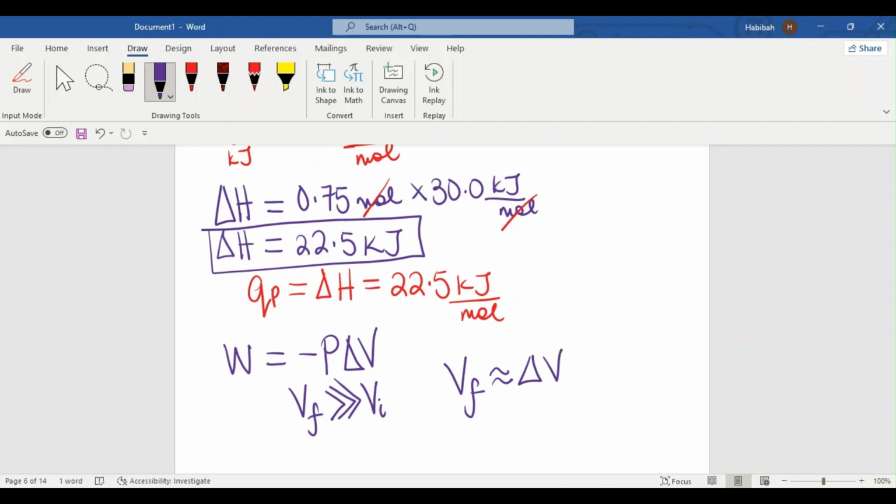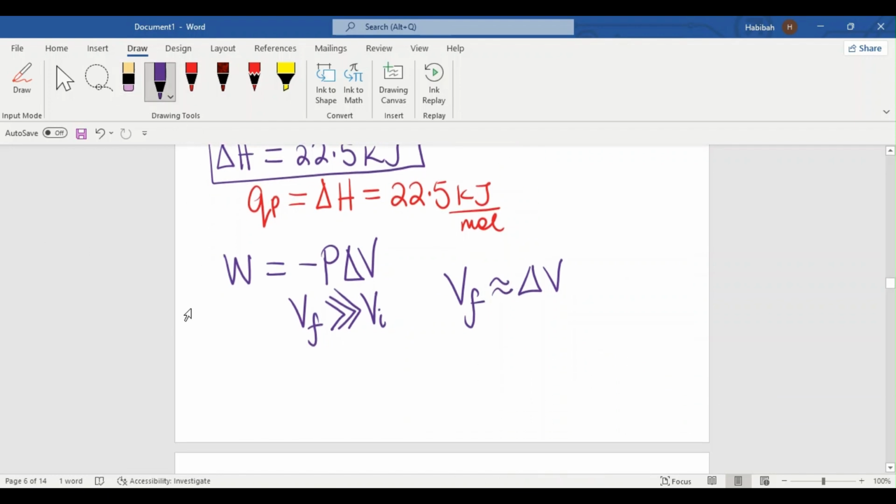It's just like, say, the volume of the liquid before, the initial volume, was 5 milliliter. And then all of a sudden it goes from 5 milliliter to a million milliliter. Well, if you want to do the math, you would see that the final volume, 1 million milliliter, is significantly greater than 5 milliliter. So what this is trying to tell you is that approximately the final volume is the change in volume, and we can represent this mathematically as